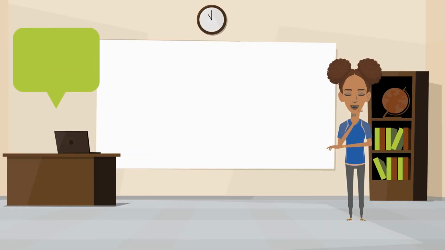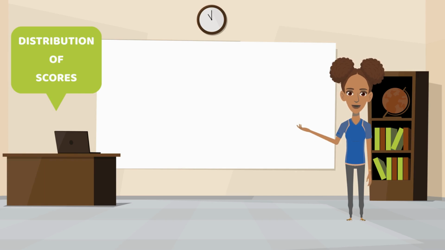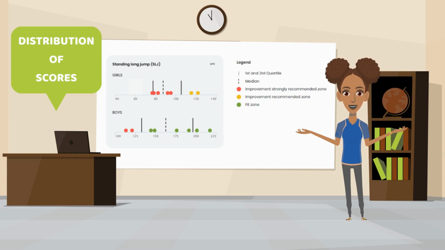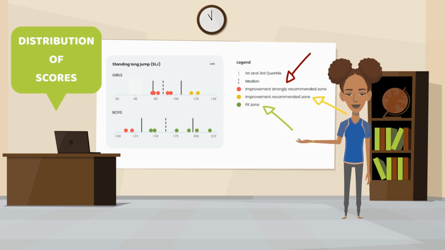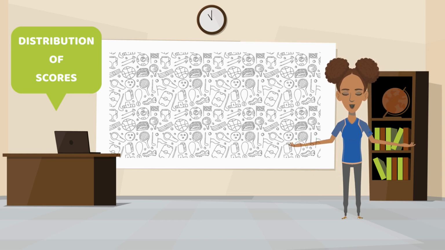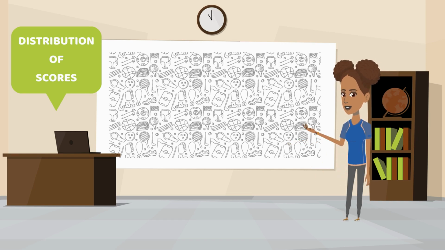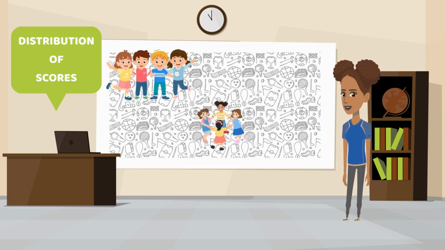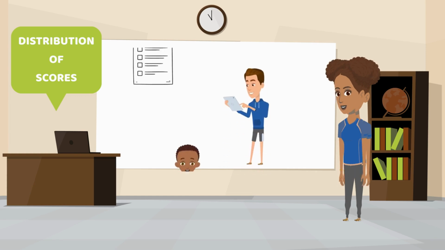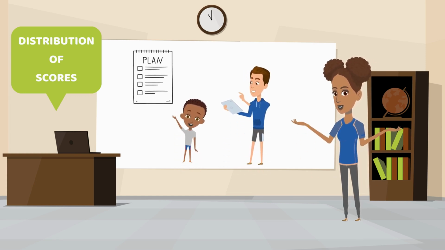The last part of the class report illustrates the distribution of scores by a dot plot. The students' raw values are color-coded to ease the interpretation of the health-related zones, the green, yellow, and red. The graphic also provides numeric information for the first quartile, the median and the third quartile in each of the fitness tests. This plot gives teachers information on how fitness exercising should be organized for subgroups of students with similar fitness levels. Teachers receive personalized recommendations based on student data.